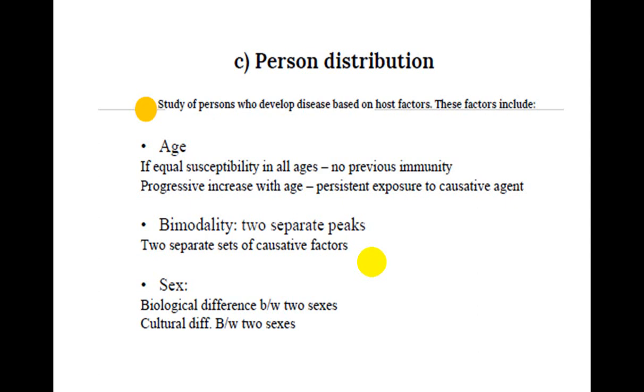Certain diseases are more frequent in certain age groups than in others. For example, measles in childhood, cancers in middle age, and arthrosis in old age. Sex. Sex is another host characteristic which is often studied in relation to diseases. Using indices such as sex ratio and sex-specific mortality and morbidity rates, it has been found that certain chronic diseases such as diabetes, hyperthyroidism and obesity are strikingly more common in women than in men, and diseases such as lung cancer and coronary heart disease are less frequent in women.